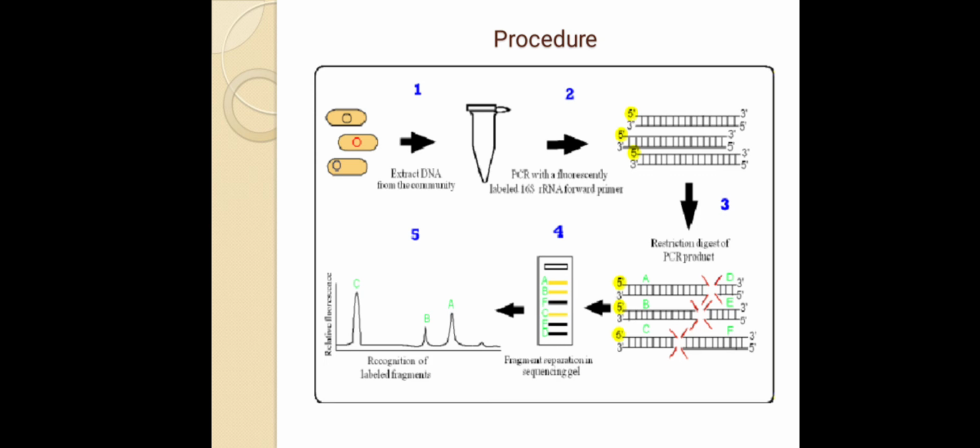So this digested DNA is used as a standard for the activity of DNase 1, and another part of the PCR amplified DNA is taken and treated with the protein